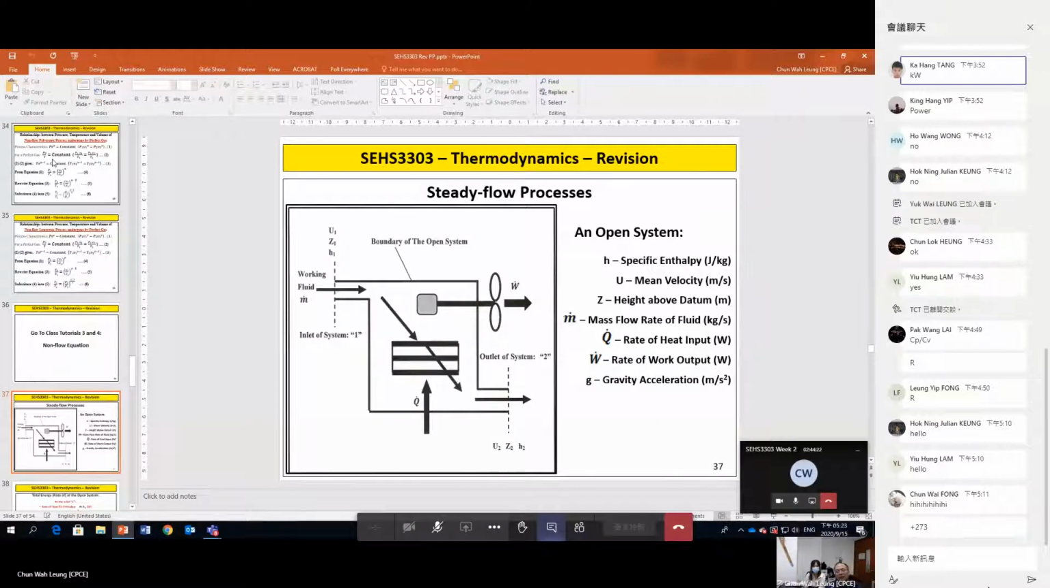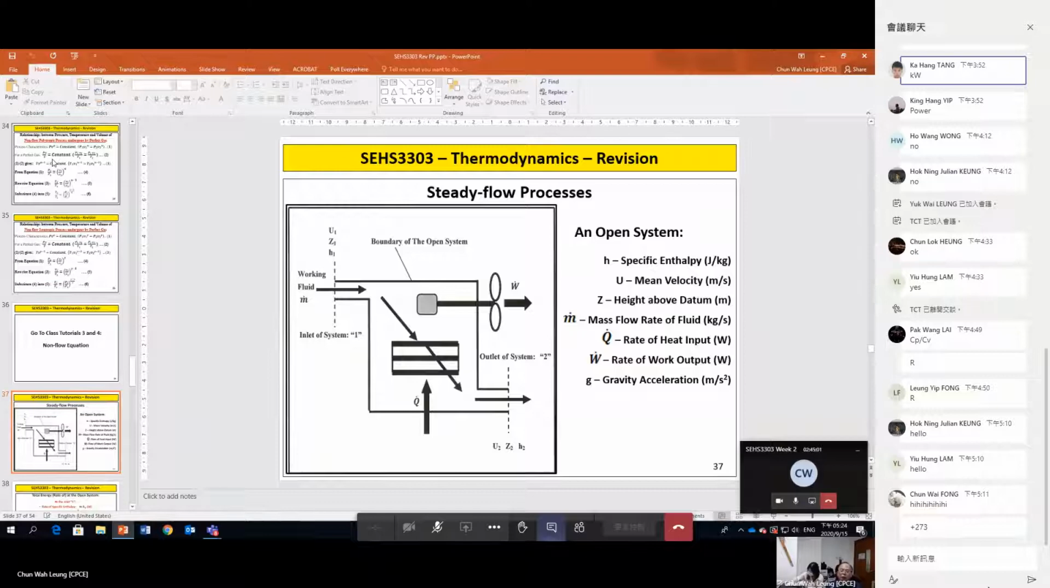And the process undertaken by the working fluid, that is, it enters from state 1, point 1, and then goes through the system and then leaves at point 2. Between point 1 and point 2, then let us work on that. What we will do, again, is also carrying out an energy balance